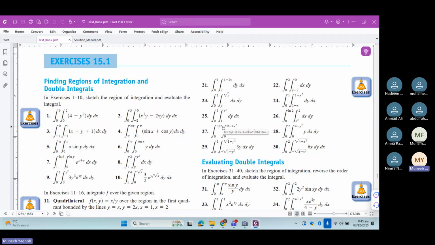So a very simple thing is basically you can see there are two integrals. The inner integral is with respect to dy and the outer integral is with respect to dx. So to evaluate this integral, we will evaluate the inner integral first, and then we will evaluate the